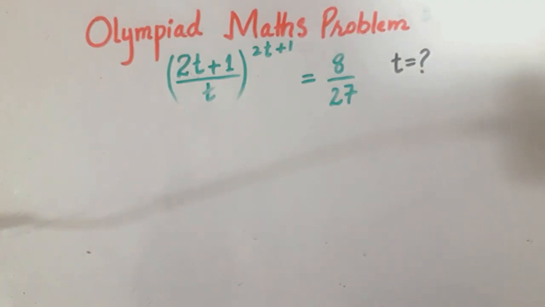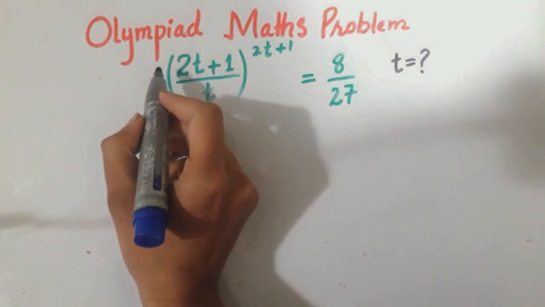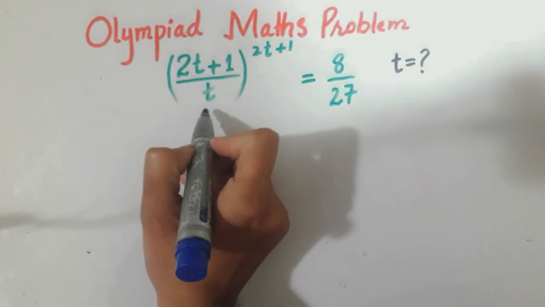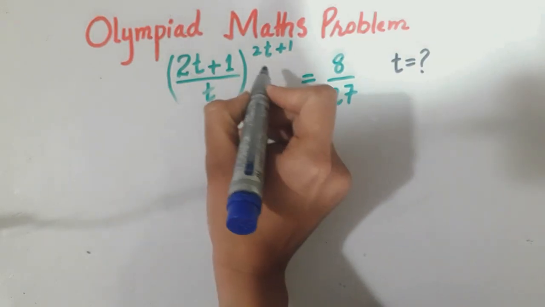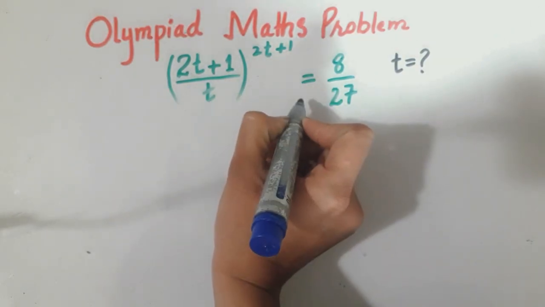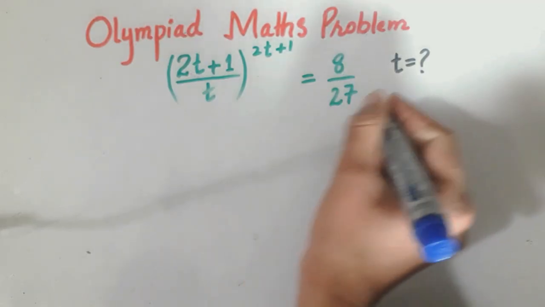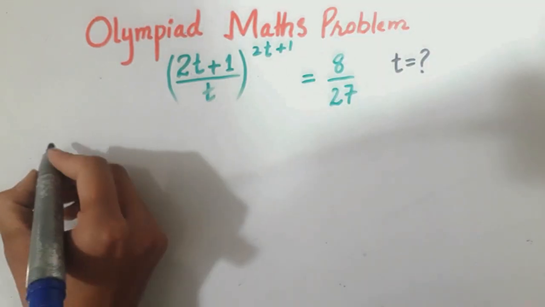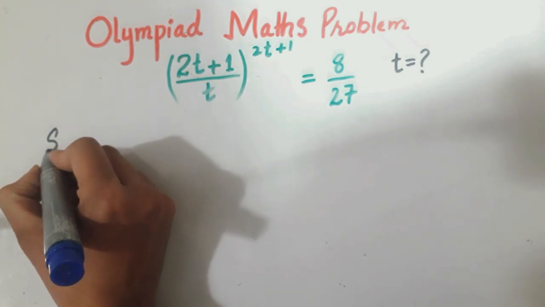In today's video, we will solve a very interesting Olympiad math problem: (2t+1)/t, and the whole power (2t+1), equals 8/27. You have to find the value of t. We will solve this question step by step. First of all,